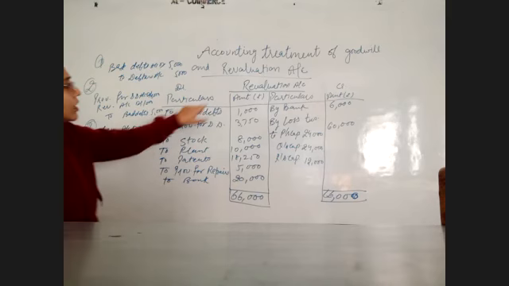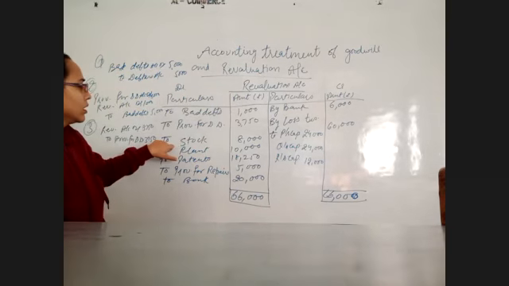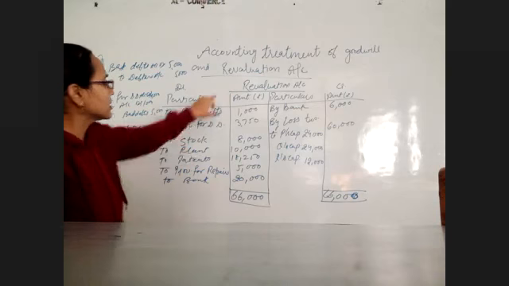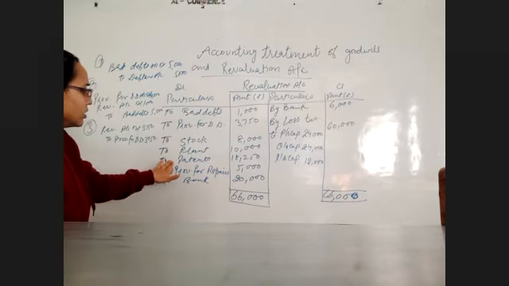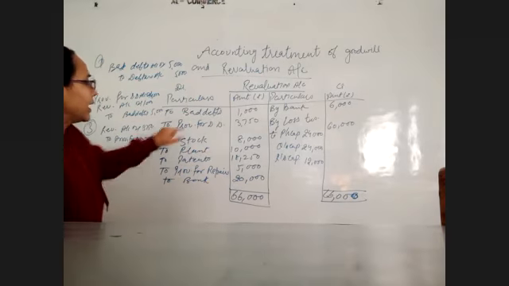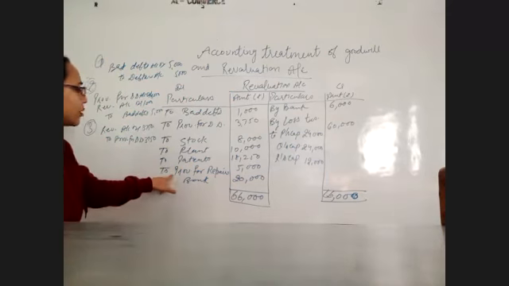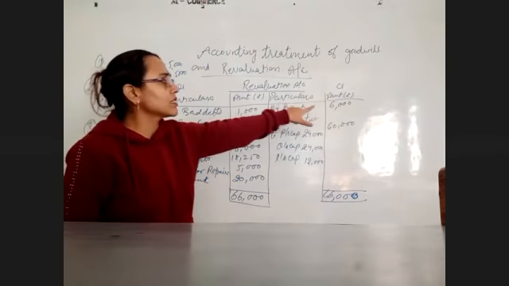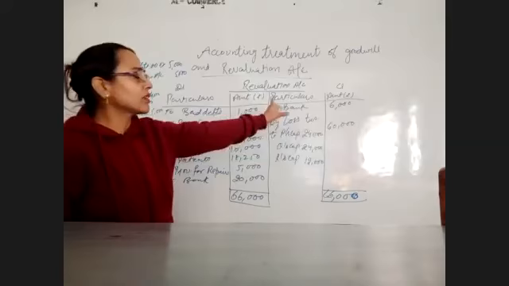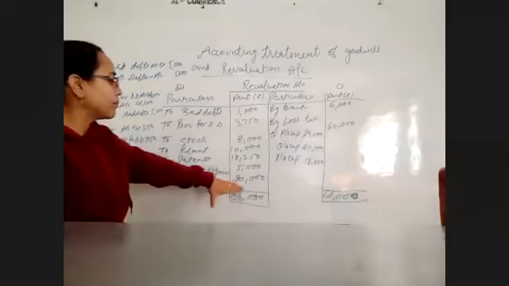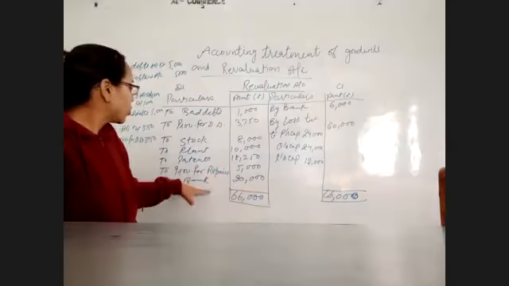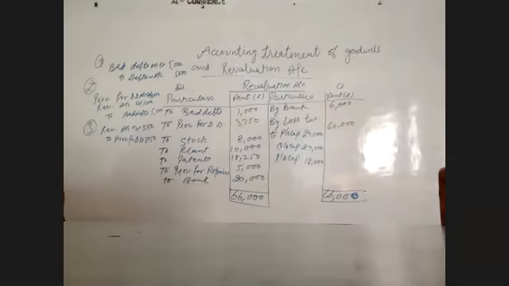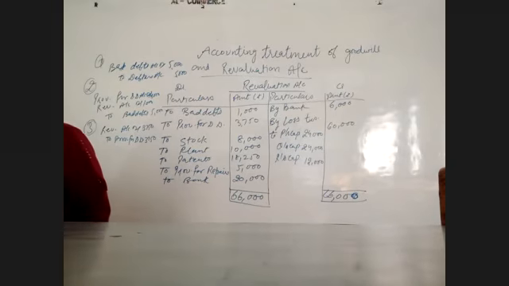Next entry. This is the first entry, this is the second entry, this is the third entry, fourth entry is revaluation account debit to stock account. Okay, fifth entry revaluation account debit to plant account. Sixth is revaluation account debit to patents account. Okay, amount is given. And then revaluation account debit to provision for repairs account. And then bank account debit to revaluation by 6,000. Okay, the computer sold as scrap. And then the employee who was paid. So entry will be revaluation account debit to bank account by 20,000. Okay. So all entries you will pass.